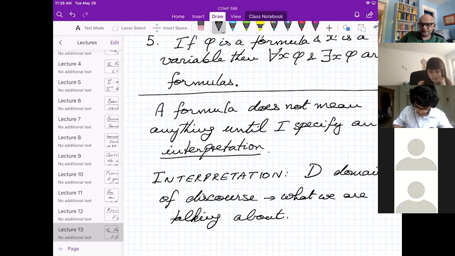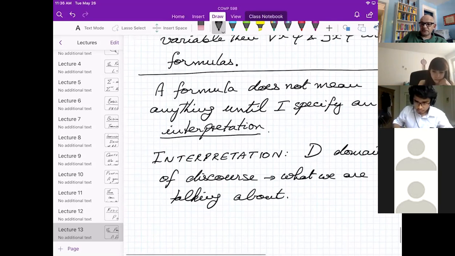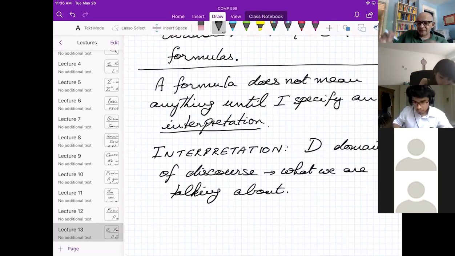Okay, so we decide today we're using this particular language to talk about natural numbers. Tomorrow we're using it to talk about matrices. The day after we're talking about some random commutative ring. Completely different things, maybe, but we're using the same language perhaps in all these different settings. All right, so D is what we're talking about. We always use this letter D.